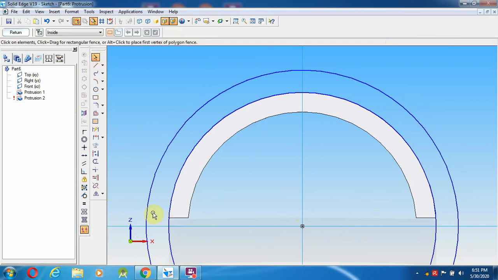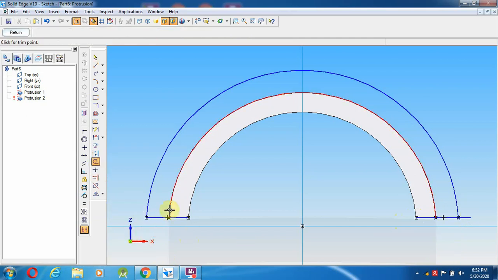Now instead of doing from the corner, I am going to make a line from here. Also I am going to make one from here. Go to the trim option, this as well as here.